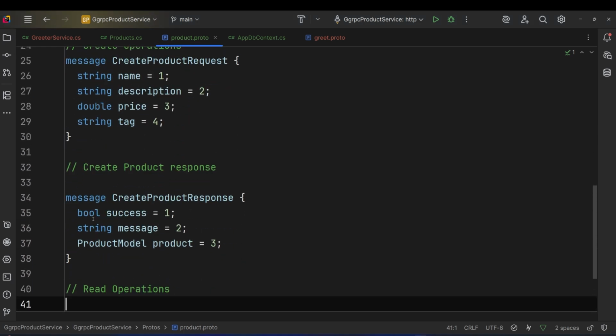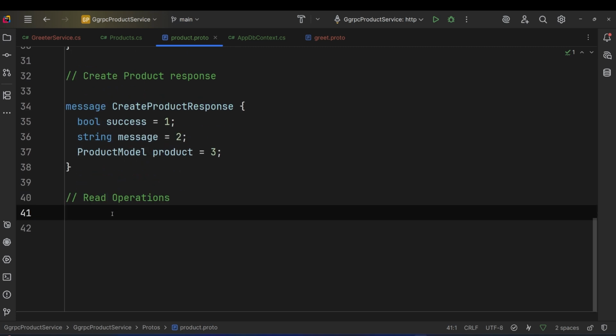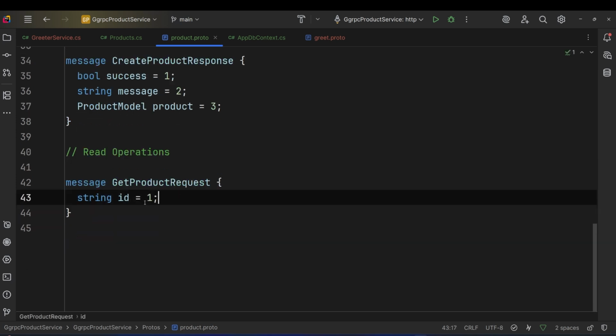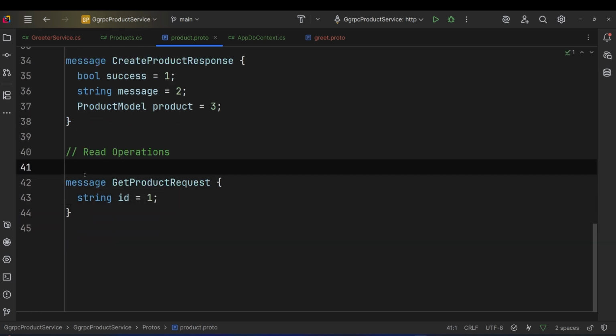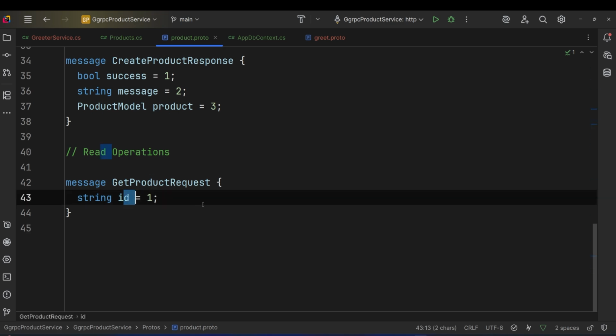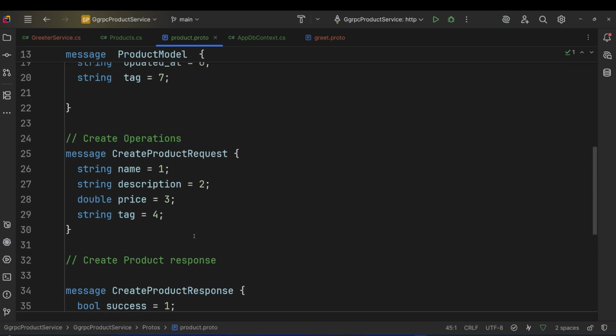So in the DTOs in a .NET REST API, we say that maybe we pass in an ID or something like that if you want to get one product, right? And if we want to read all products, we can then also use ID. Otherwise we don't use ID, we just create an endpoint to get all the products. But this time around, I have this name here, get product request. So it means that we are going to use ID to do that, and I'm going to do the response